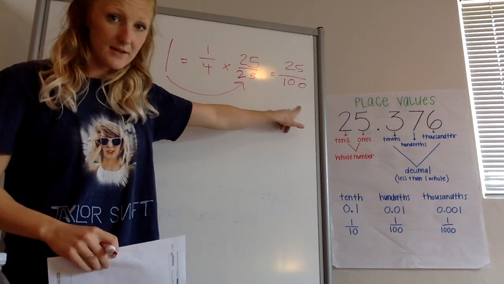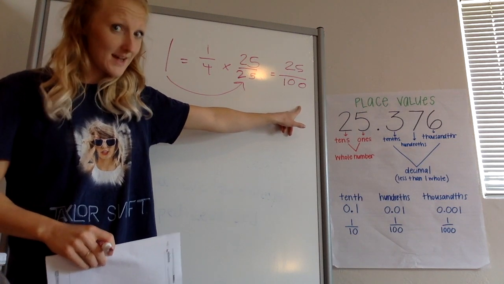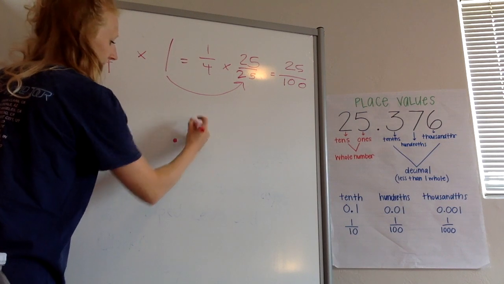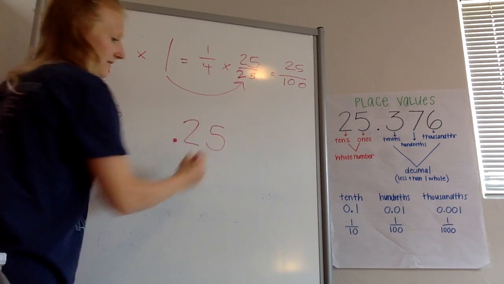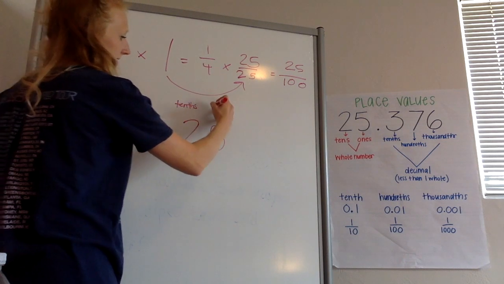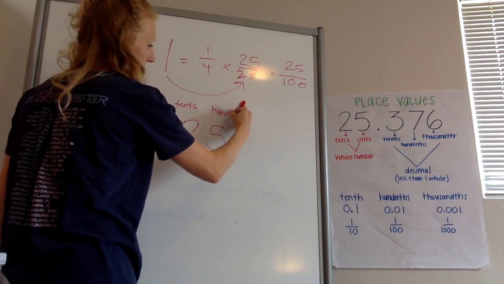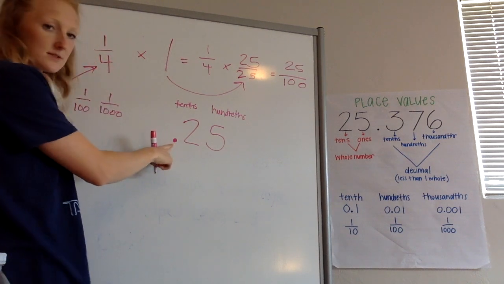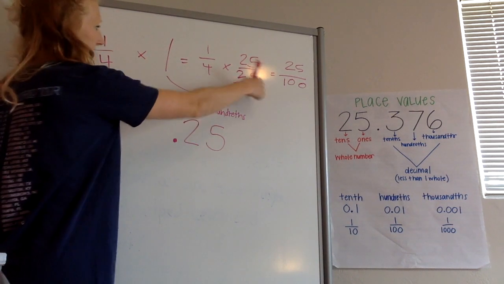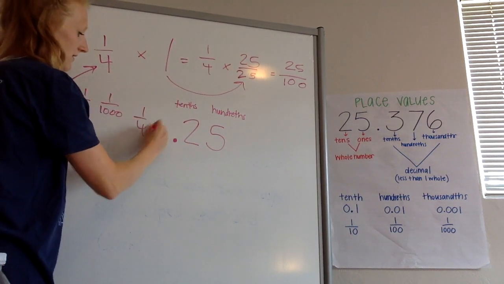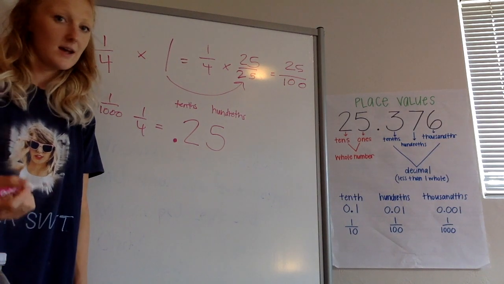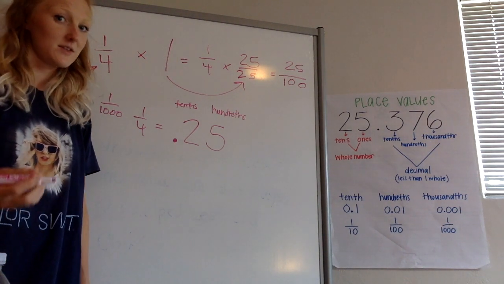We know how to write 25 hundredths as a decimal, right? This is the tenths place. This is the hundredths place. So if I start at the decimal, it says 25 hundredths. Done. 1/4 is the same thing as 0.25 or 25 hundredths, which makes sense because if you think of